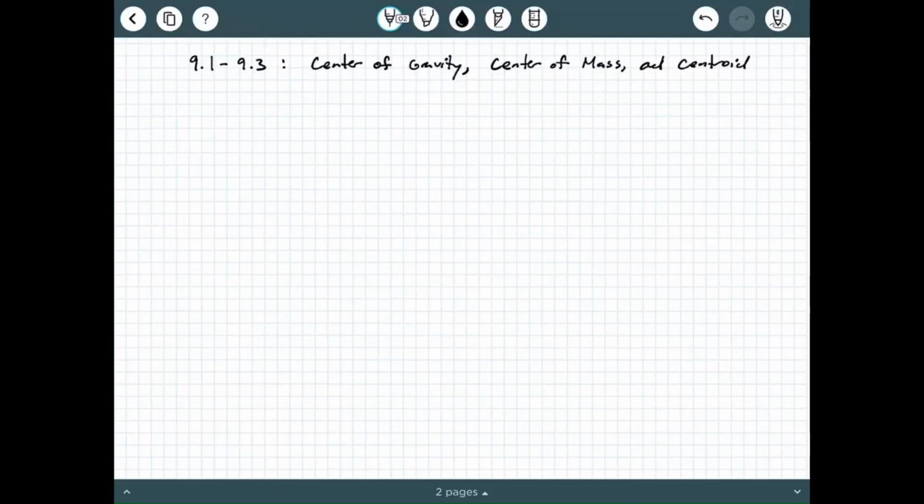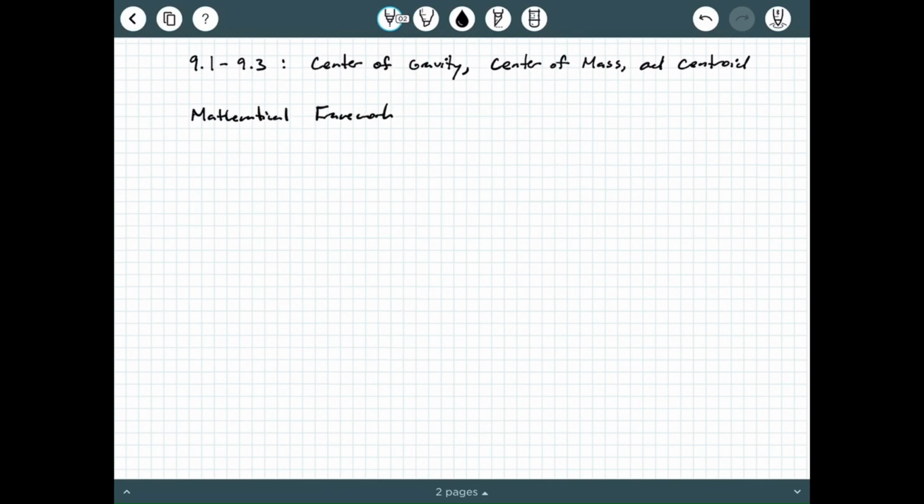In this video, we're going to be discussing the concepts of center of gravity, center of mass, and centroid. Now, mathematically, these three concepts are essentially the same thing, but physically they are three unique entities, okay? But we're going to start with the mathematical basis of these concepts, and we'll see that mathematically speaking, when we have to do any kind of calculation involving center of gravity, center of mass, and something called centroid, they are basically the same as one another. So let's go ahead and call this a